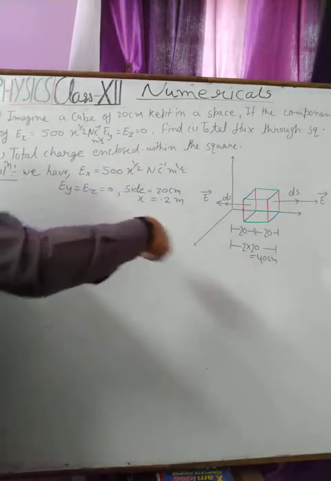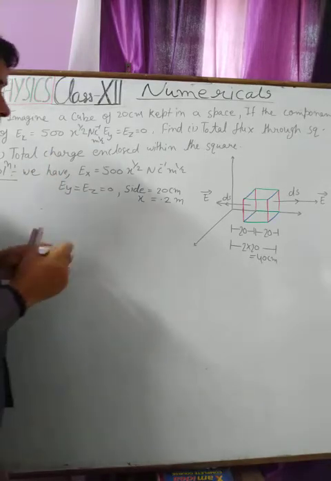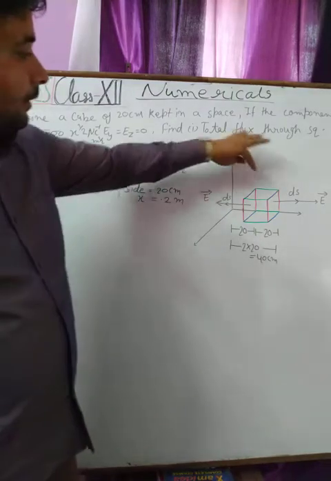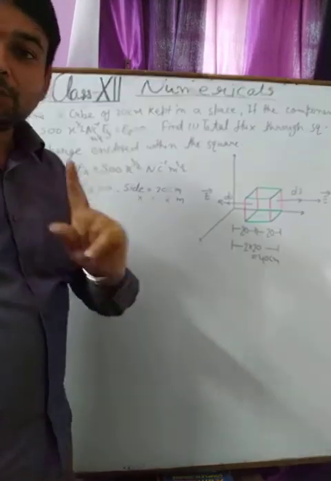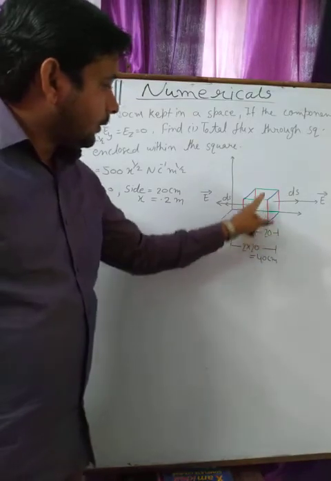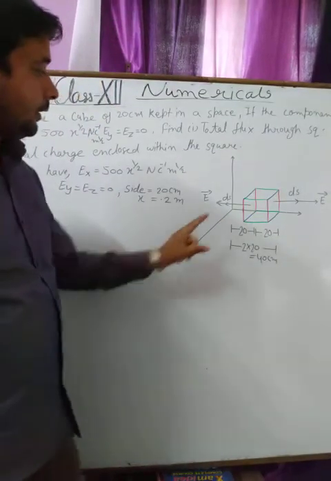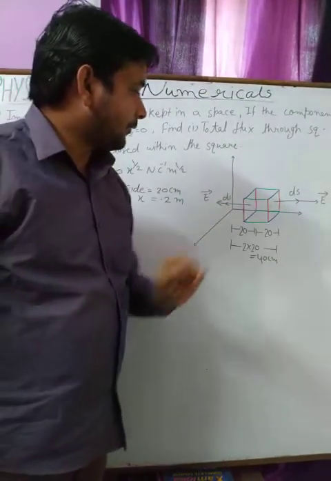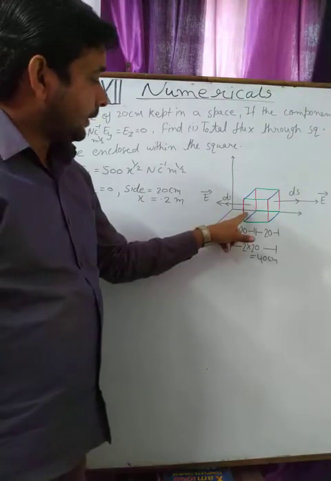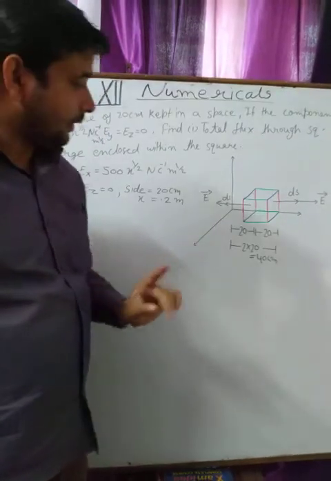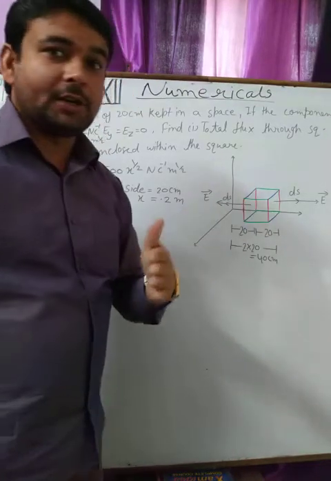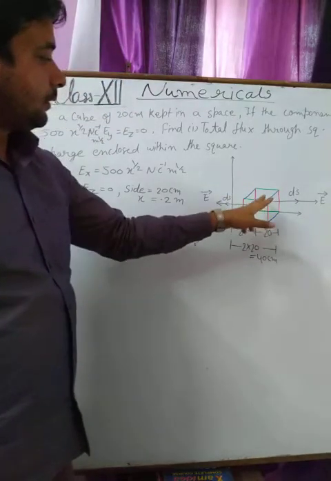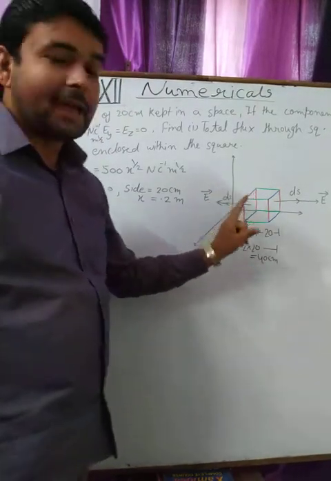Now this cube has 6 faces and I am marking these faces with the help of different colored markers. Up face and down face with the help of the green marker, left side and right side faces made by the red marker, and forward and backward faces made by the blue marker. So this has 6 faces.